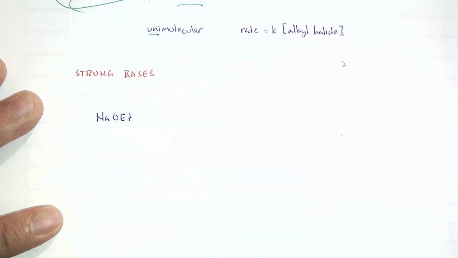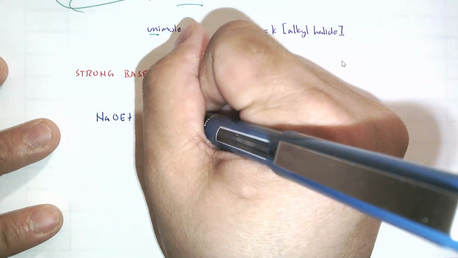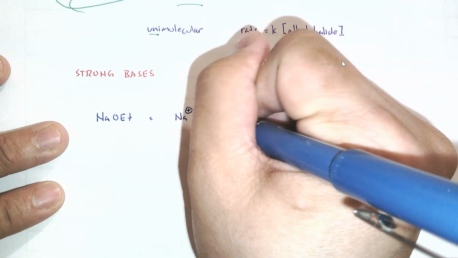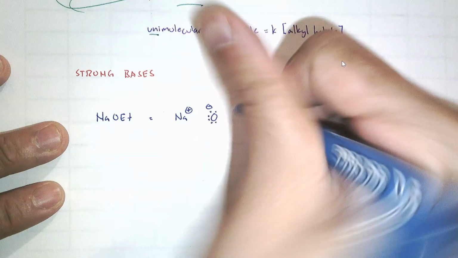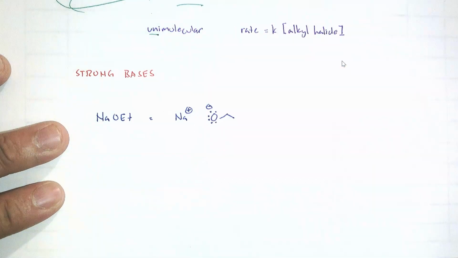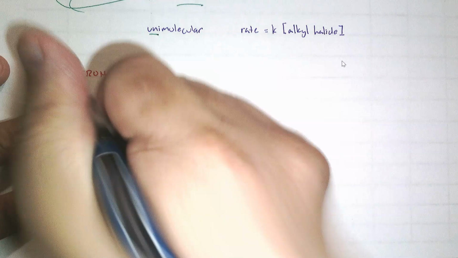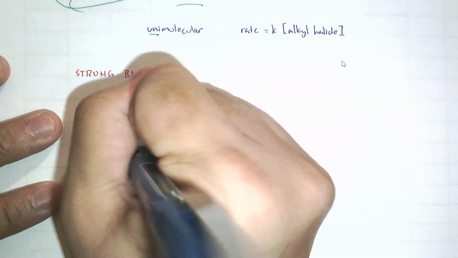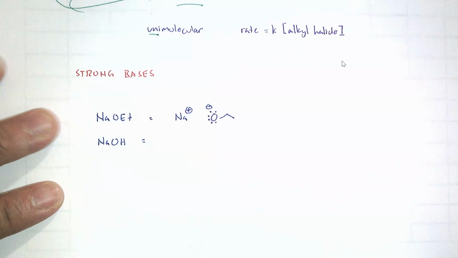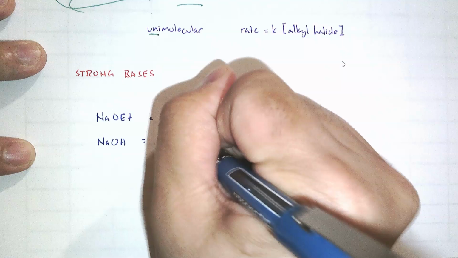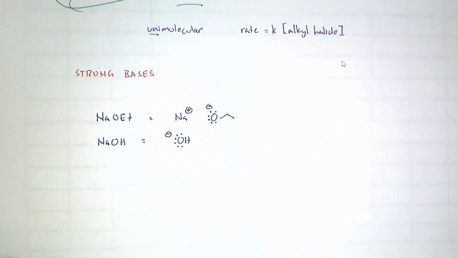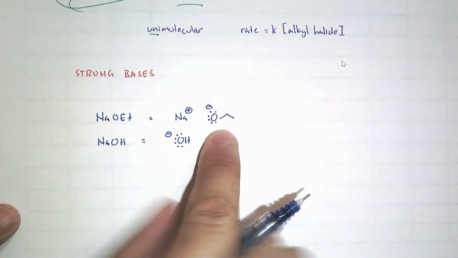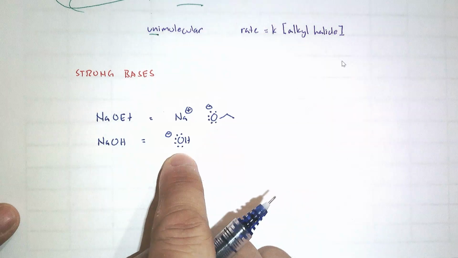What is that? Well, you've got to think of the Na as the counter ion, and then in solution it separates. And when it separates, there's your anionic base, that O minus. Et stands for ethyl, and you have that. It's analogous to NaOH. You know that NaOH is a base, but when you draw the mechanism, you don't worry about the Na, you just worry about the OH minus, right? So you could have ethoxide, hydroxide, even methoxide,